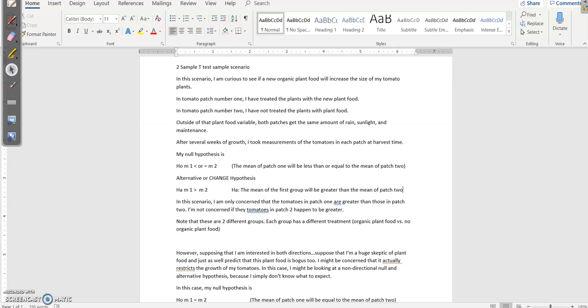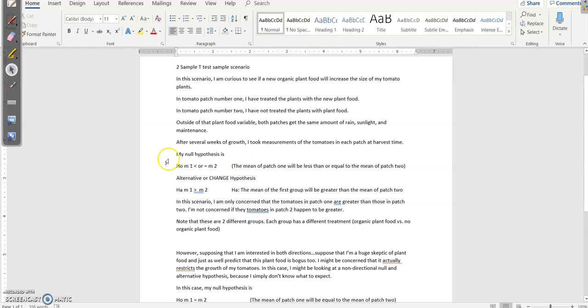Now, supposing the plant food doesn't work, there might be a couple scenarios that play out. Let's just say the plant food is just bogus and it actually shrinks the size of the tomatoes. That's a possibility. Or it could just have no effect at all, where the mean's really not significant enough to say that, yeah, this plant food works so well that there's a significant change in these tomatoes. So